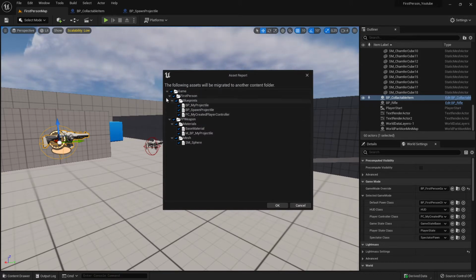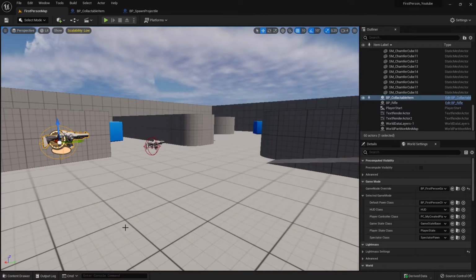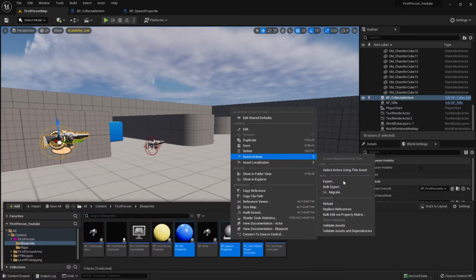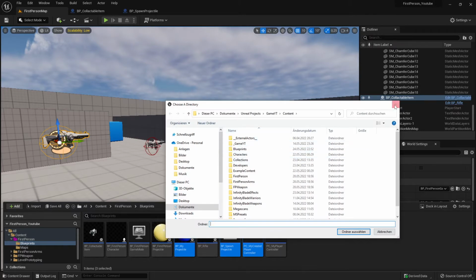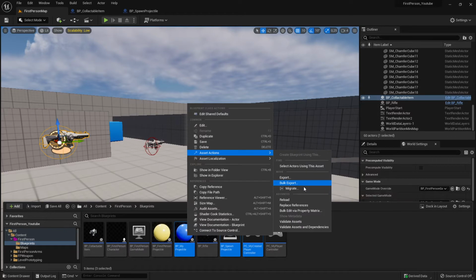Actually, is this working? Game first person. We have here the first person weapon. I'm not sure if this is working now. Let's see. This looks not right. Bulk export, we don't need this one. Normally you select this one and migrate here, but I'm not sure if this is right,